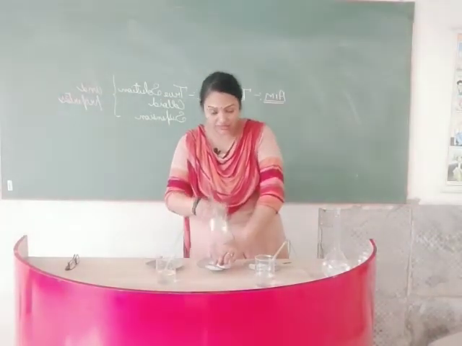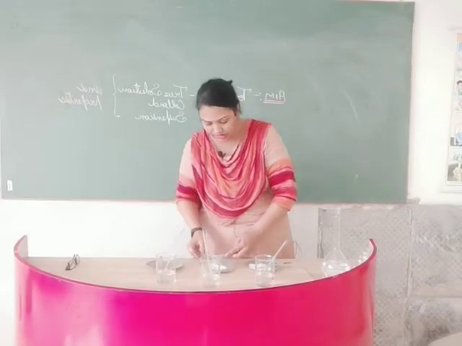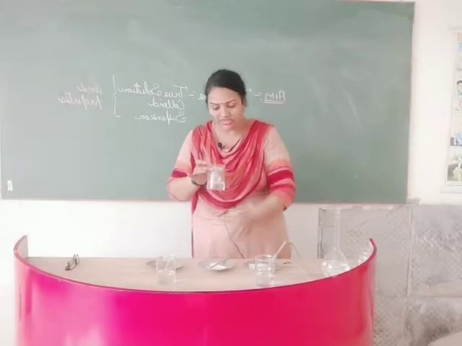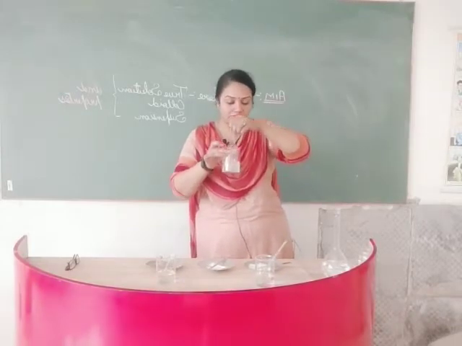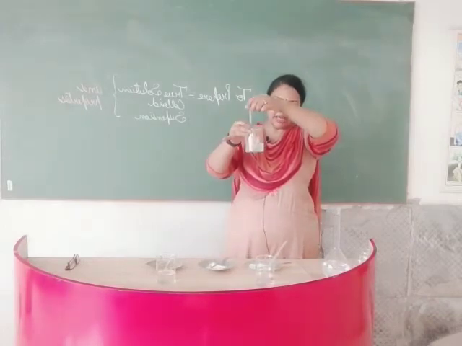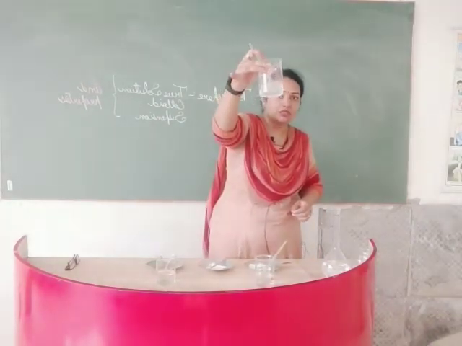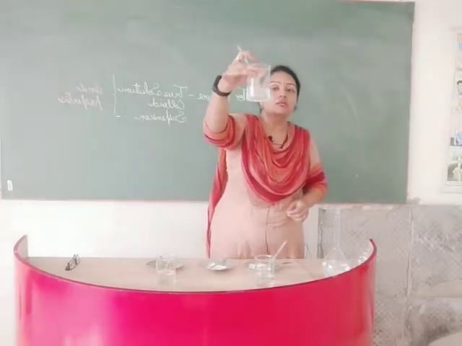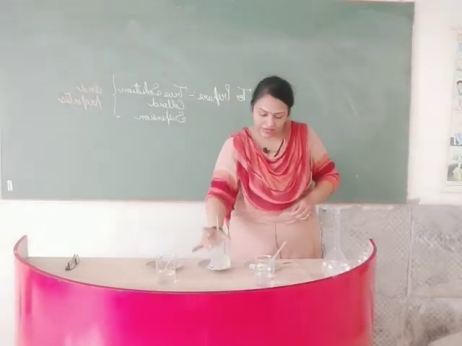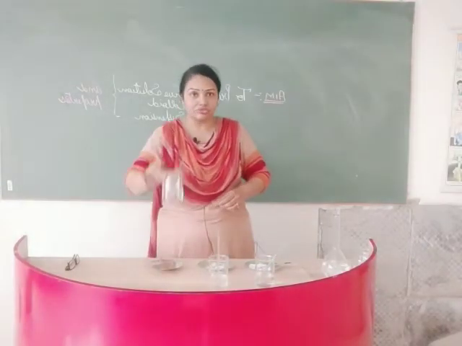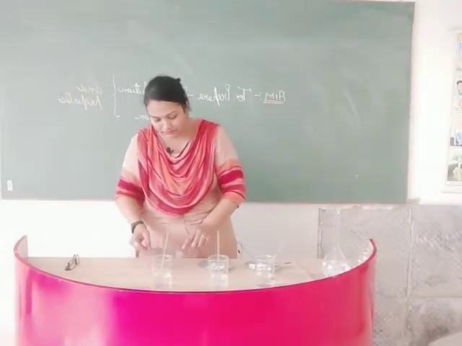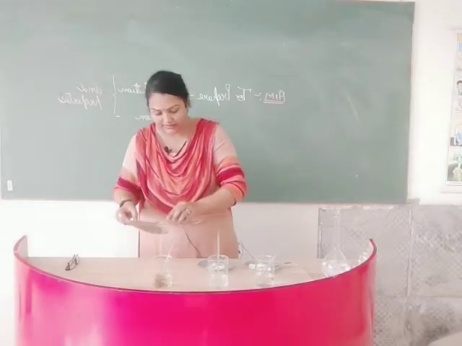Now in the second beaker, I am going to put approximately 1 gram of starch. Now this is soluble starch and we are going to mix it nicely with glass rod, and as you see, the solution is translucent. Coming to the third beaker. Now this third beaker, I am going to add sand.